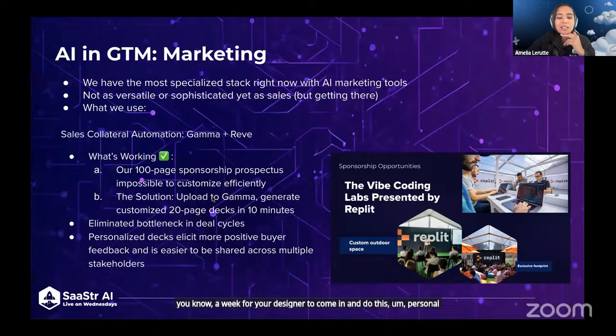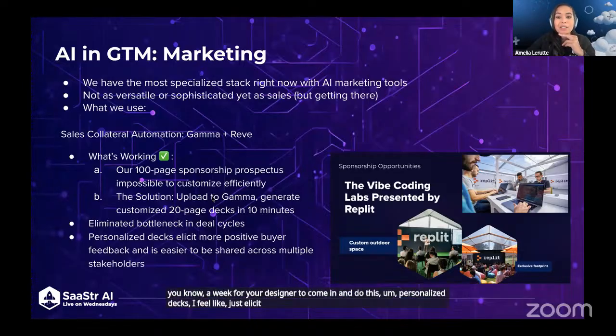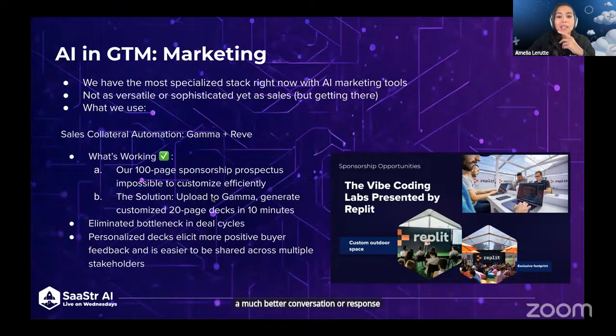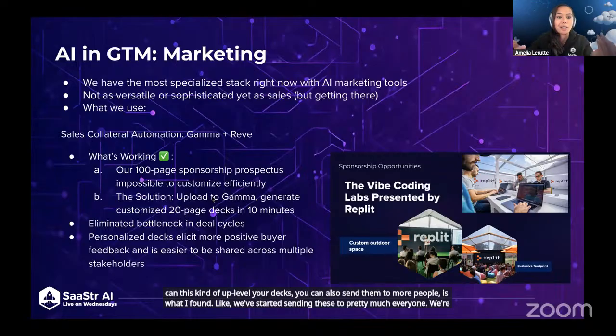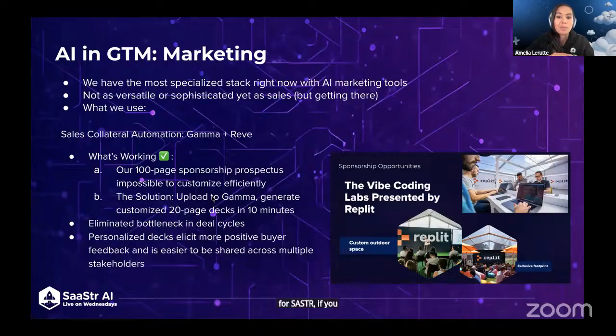Personalized decks, I feel like, just elicit a much better conversation and response from folks. Not only can this kind of up level your decks, you can also send them to more people, is what I found. We've started sending these to pretty much everyone. We used to not do that. We used to be like, here's one set deck we have for SaaStr. If you're interested in sponsoring,